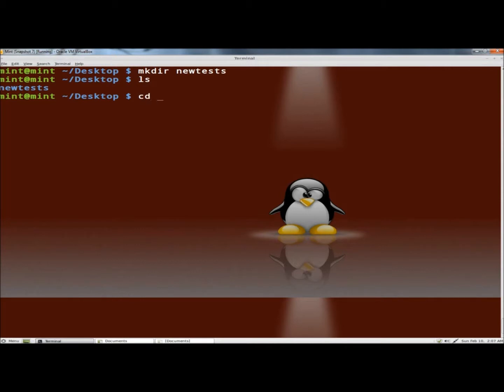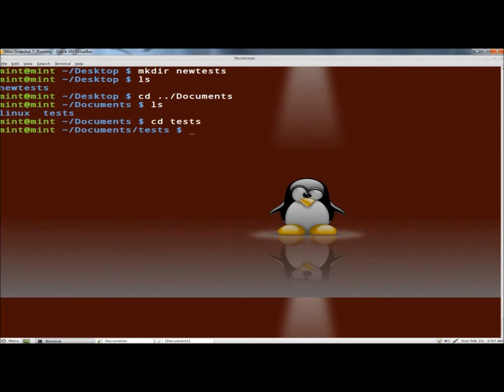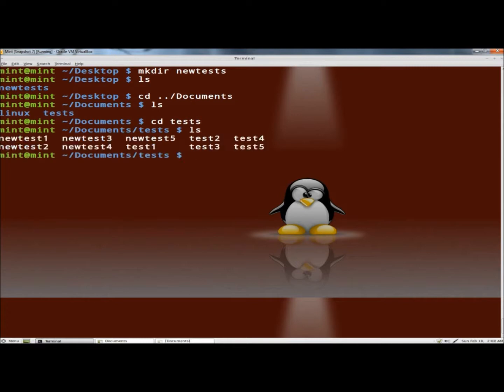So now I'm going to move back into the documents directory. I'm going to type cd ../documents, and that moves me up 1 directory or back into the home directory, and the second period tells it to move back down and into the documents directory. And I'm going to hit enter. And now if I type ls, and now I'm going to move back into the test folder, so cd tests, hit enter, type ls,